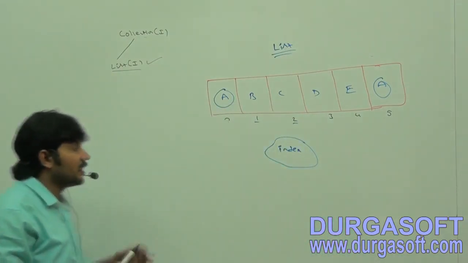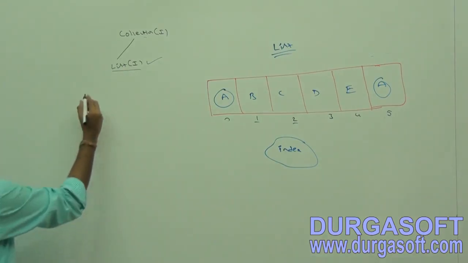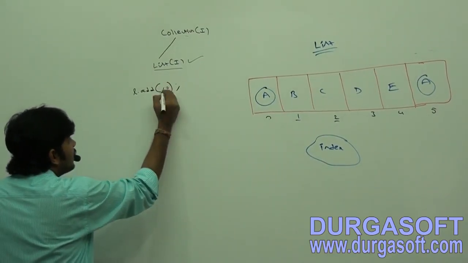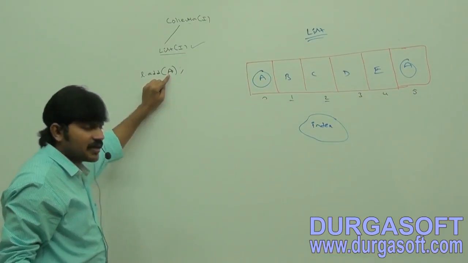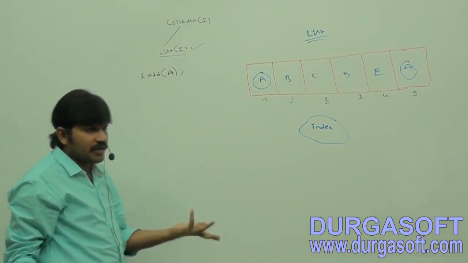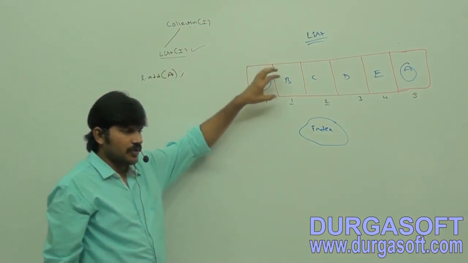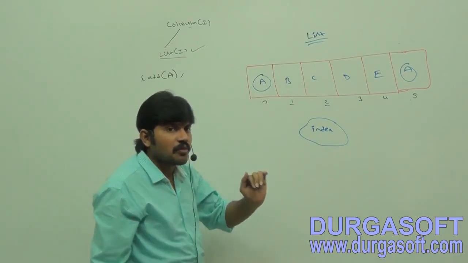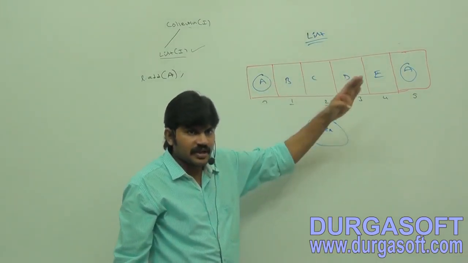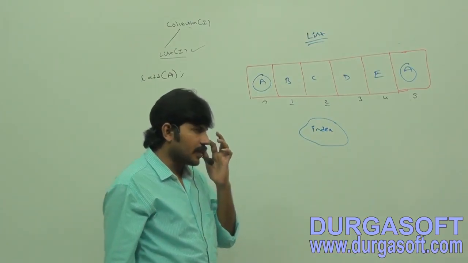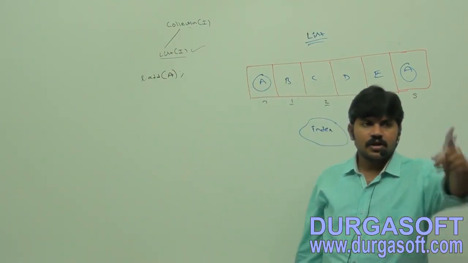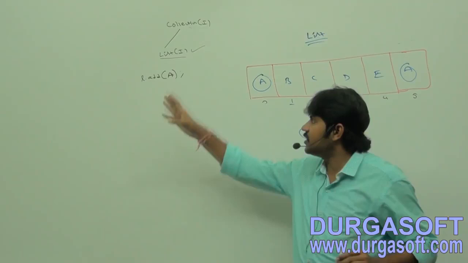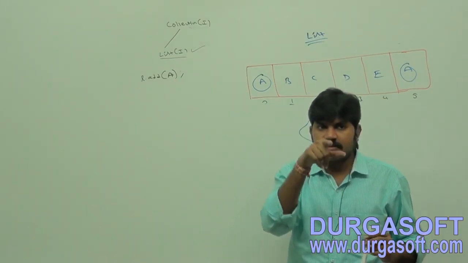Which methods are present inside the list interface, right? Suppose I am using l.add(10) or l.add(A). Can you tell where this object will be added? The first time at the 0th index, second time at the 1st index, third time here. It is always going to add at the next vacant cell. But suppose my requirement is: can you please add this A at the third index, or at the specified index?